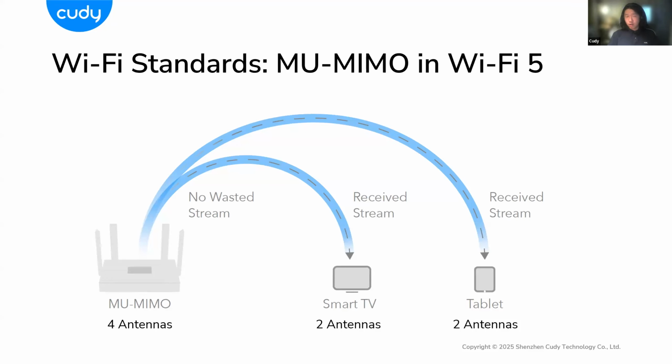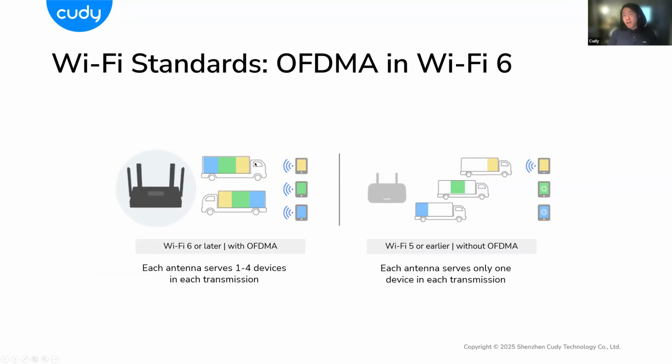let's get back to Wi-Fi 5. So MU-MIMO allows one router to split their different antennas to serve different clients simultaneously, which reduces latency and improves capacity. And in Wi-Fi 6, the core technology called OFDMA again improves capacity and reduces latency, but by another means. It's not about the antenna usage or streams, but it encodes the data for multiple devices into one signal wave. So